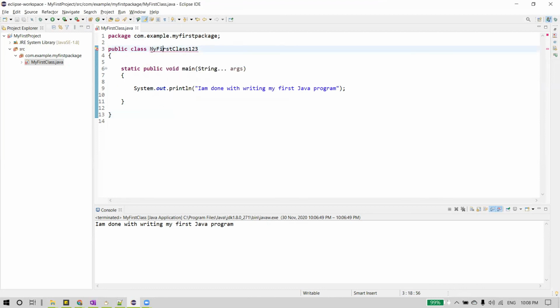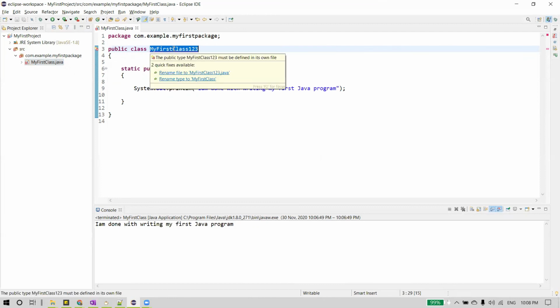Meaning, as this class is public, the file in which it is defined should also have the same name as the class. You can see it clearly here. This is the error, and it also gives you suggestions: rename your file to this name, or rename your type to MyFirstClass. So this is the advantage of the IDE.